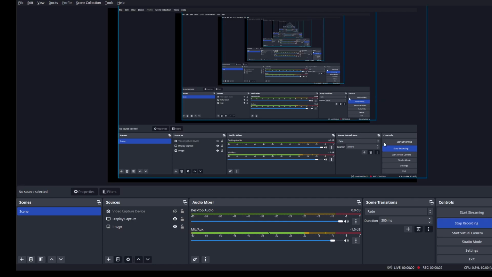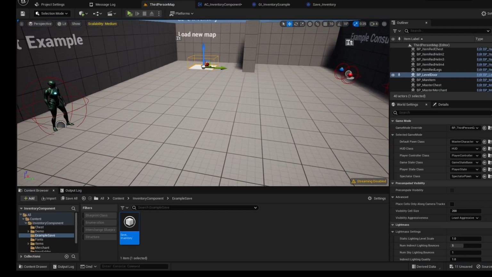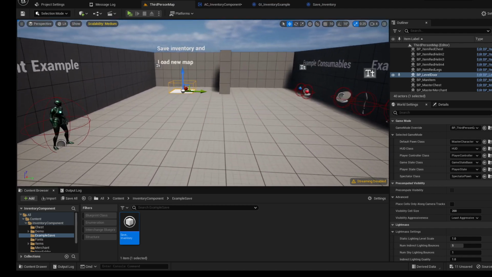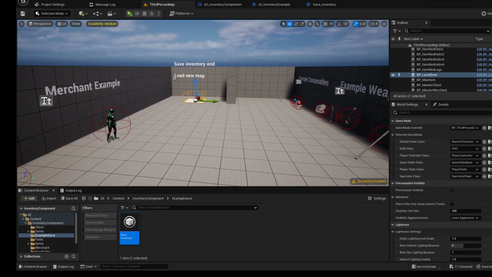Alright, welcome back everybody to yet another video in my Unreal Engine 5 multiplayer inventory component series. We are getting there. Just a few more videos. I've been saying that for the last like 10 videos, but we're getting there. Anyway, let's set up the saving. I think that's the last actual functionality we're gonna put in there. I'm unsure if I promised I would add something else, but